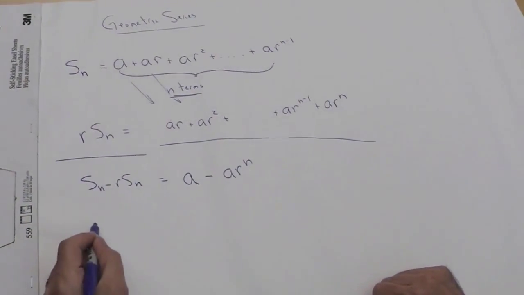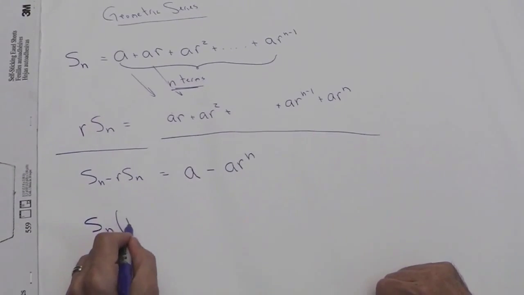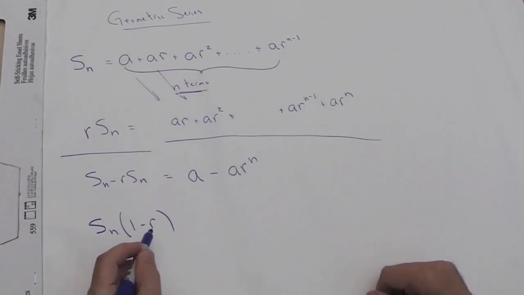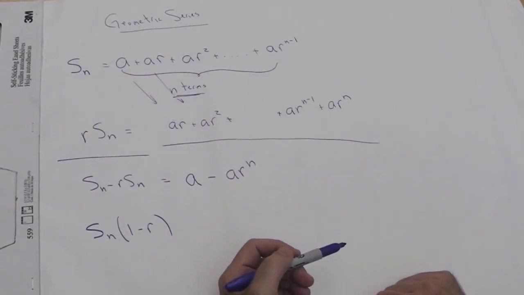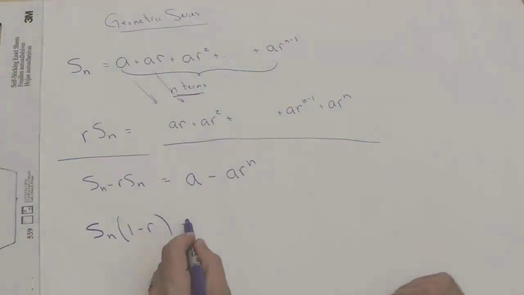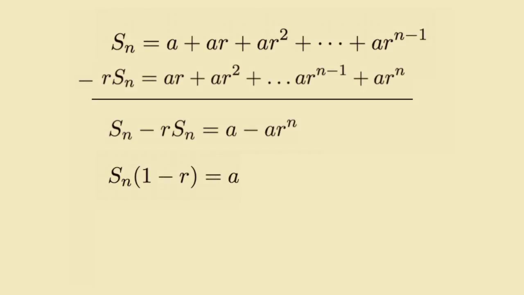We're almost finished. Remember, we're trying to find Sn, so now algebraically we want to solve this formula for Sn. We can do that by factoring out Sn: Sn times 1 minus r. And remember, r stands for that constant multiple that was part of the original geometric series. This equals, well, let's factor out an a here, since it's in both terms, a times 1 minus r to the n. And the last step in solving for Sn is to divide both sides by 1 minus r. So Sn equals a times 1 minus r to the n